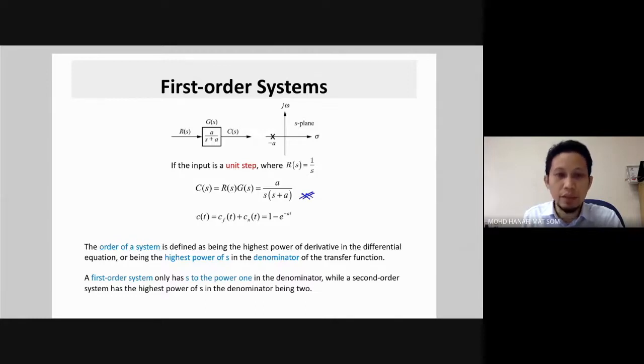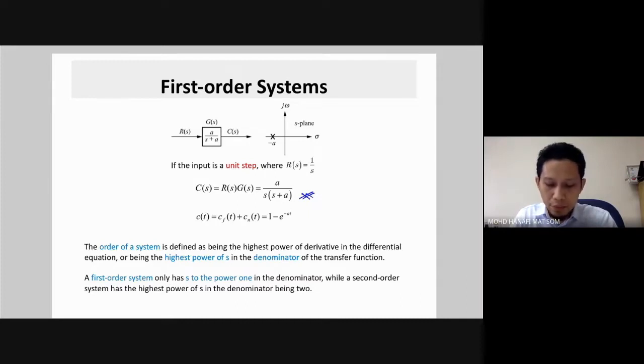What we get is c(t) equals cf(t) plus cn(t), which equals 1 minus exponential negative at. So the order of a system is defined as being the highest power of derivative in the differential equation,